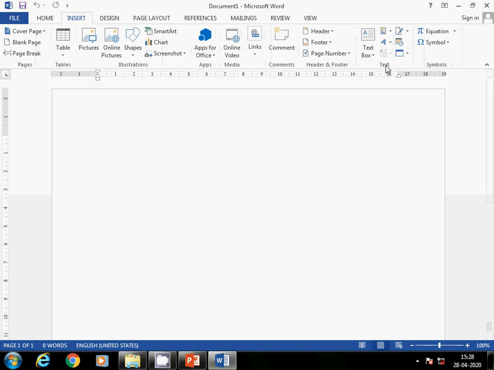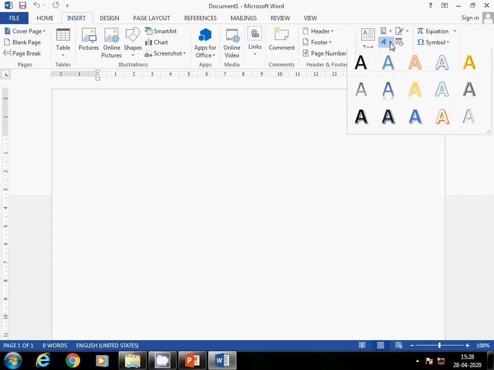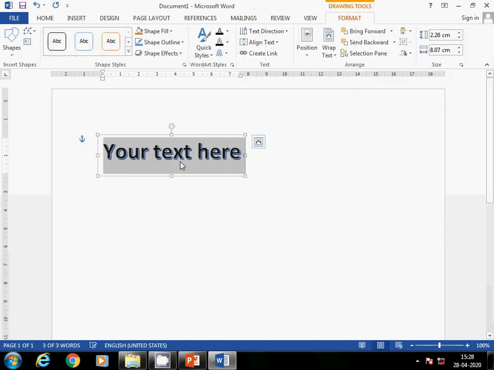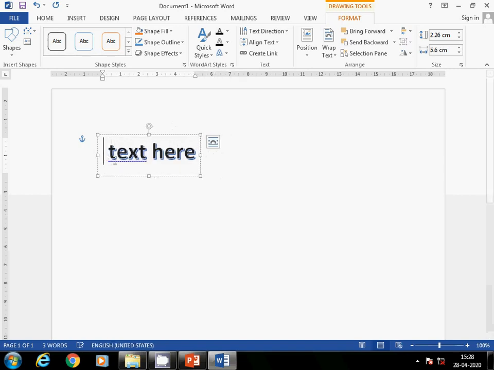Now select any specific style for your document. So here I am selecting this style. Then type your text, whatever text you want to use as WordArt. So here I am writing Sardar Patel Vidyalaya.